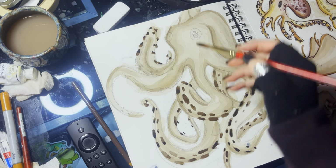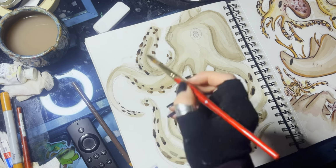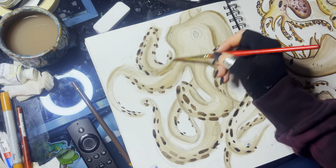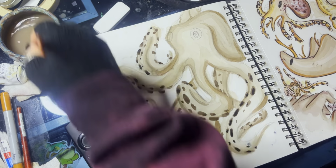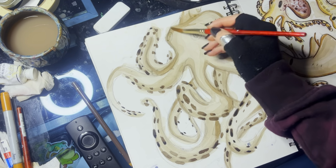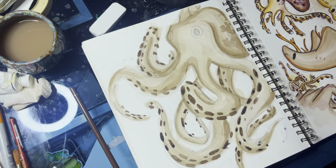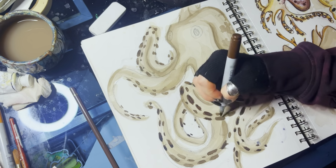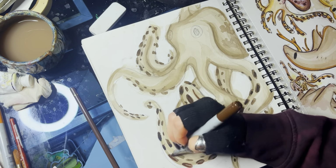on top, almost completely using this sepia color from, what's the brand? St. Petersburg White Nights Sepia. I really love that color, or sepia, however you want to pronounce it. So I end up going in and carefully trying to, I don't know. I know I say that, that's been my go-to filler phrase at the moment, oh, I don't know, and it's not that I don't know, I'm just trying to keep track of what I'm